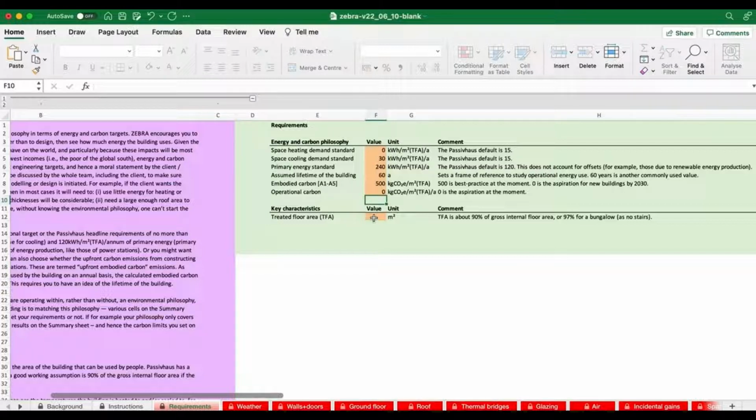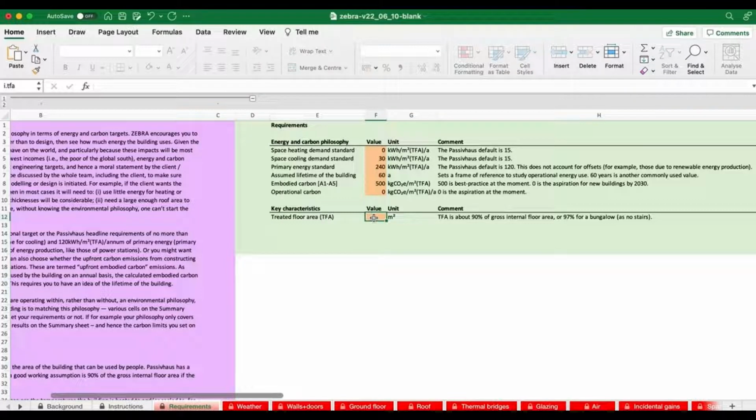We then have to define the floor area of the building. And we call this a treated floor area. It's the internal floor area, and it assumes certain areas can't be used fully by occupants. You can calculate a very precise value for it if you've got each and every room dimension minus internal walls, etc. And if you've got staircases, you can assume that people can't maybe use underneath the staircase.